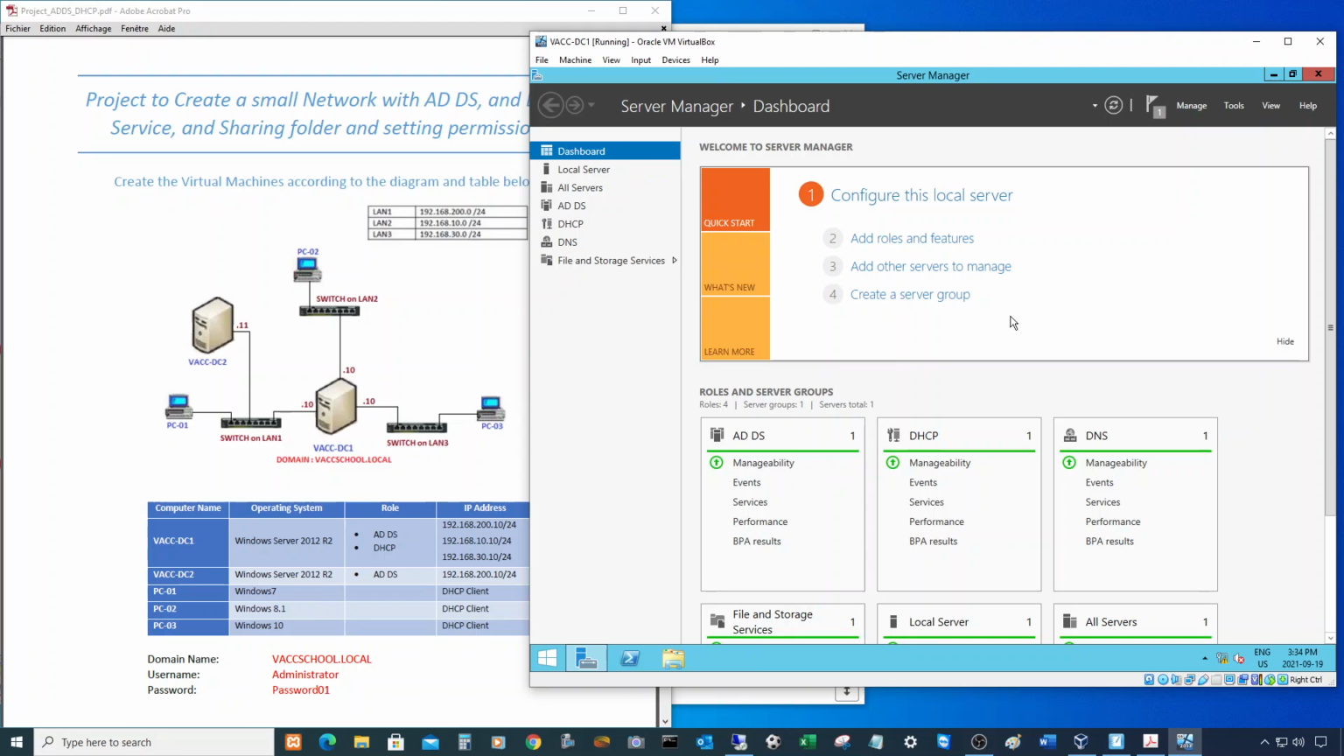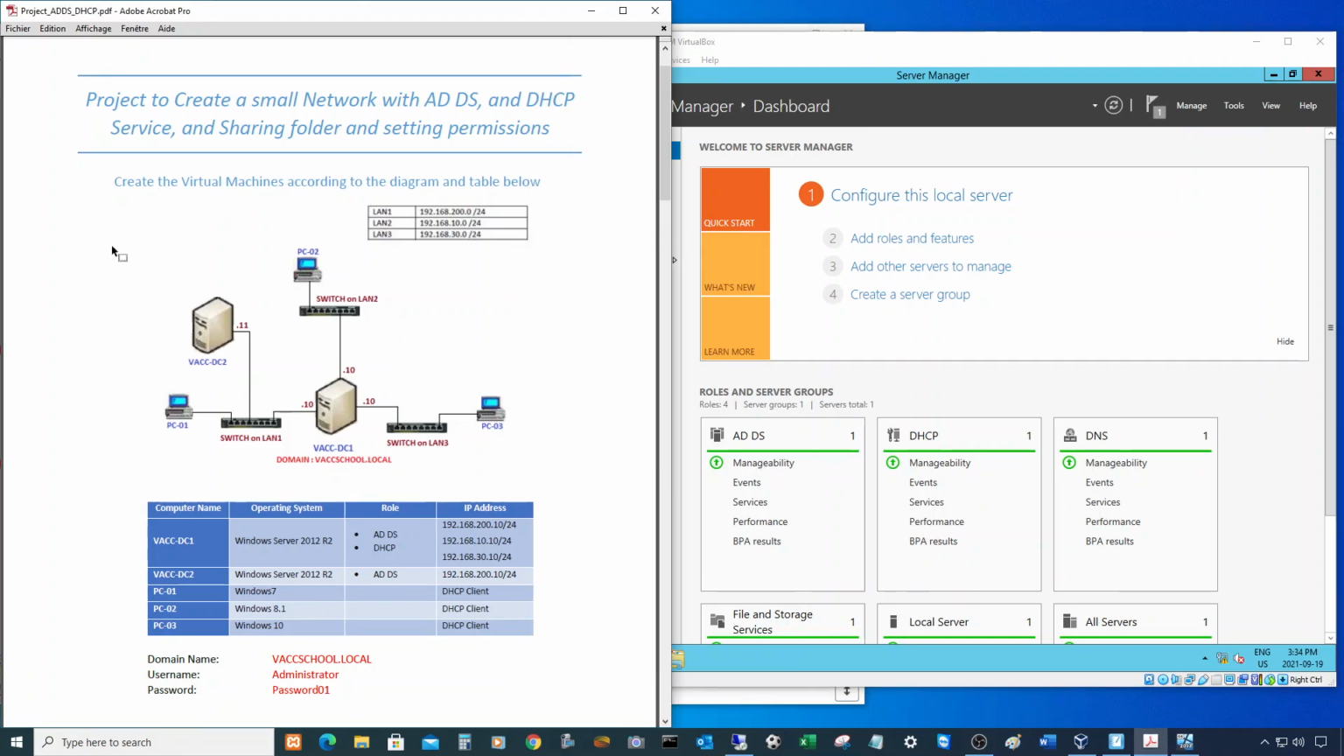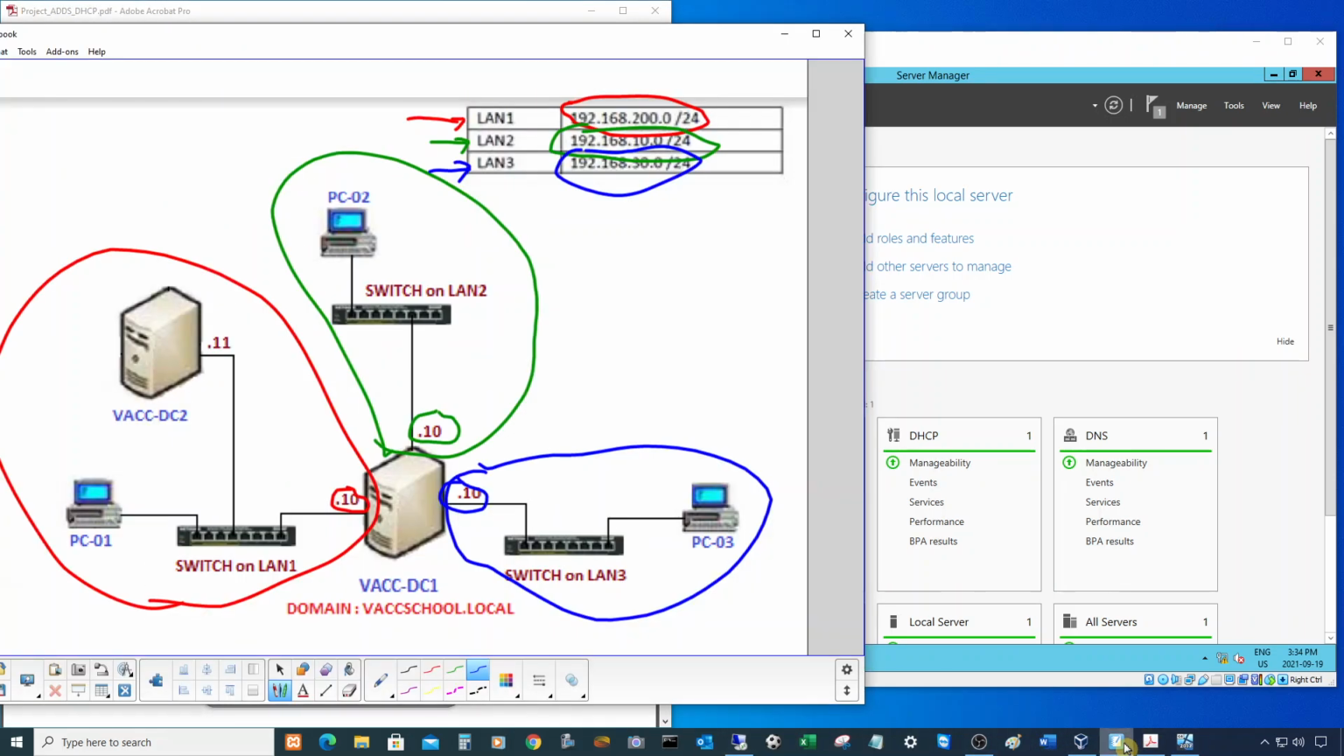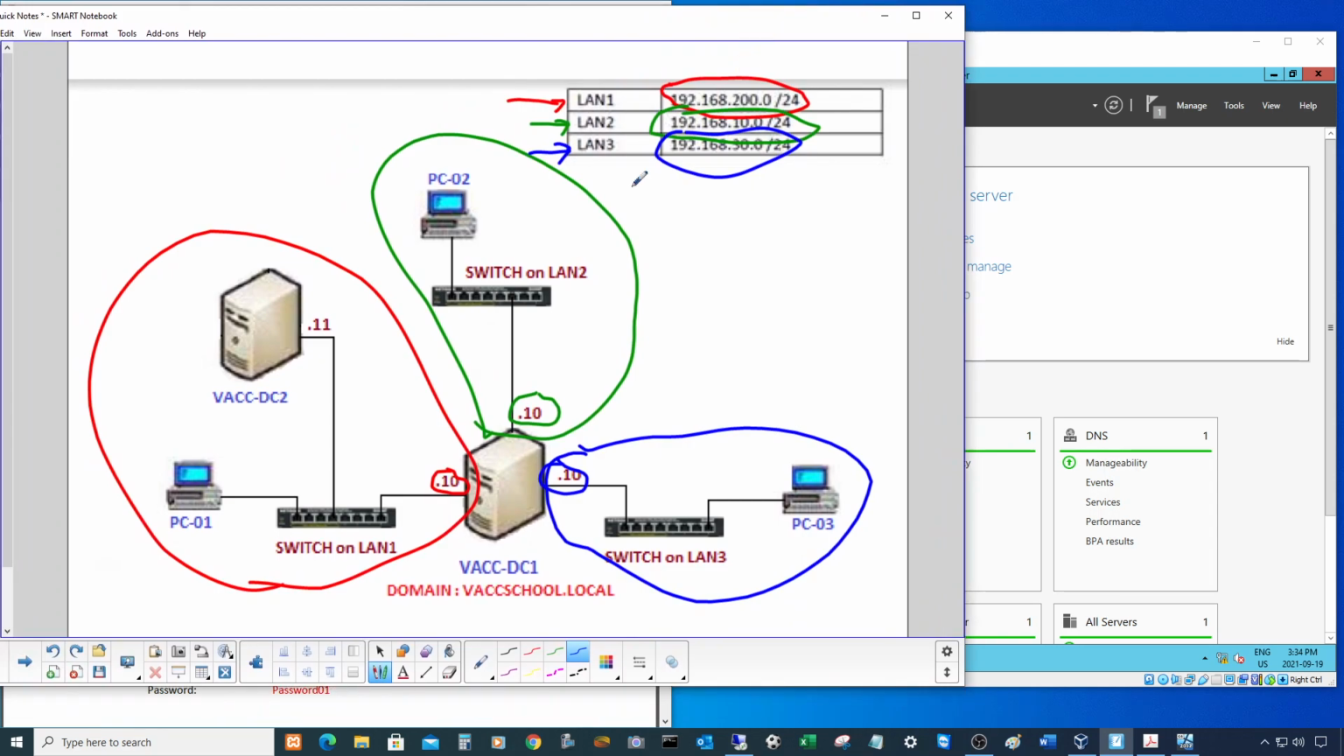Second step is to create scopes. If I look here at my diagram, as I mentioned earlier, I have 3 different networks. The first network, which is LAN 1, we need that the DHCP server gives IP addresses to any device that will connect to this network in the range of the LAN 1 network, which is 192.168.200.0/24. Any device that's here, like the PC-01, when it plugs into the network, it gets automatically an IP address from the DHCP server, which is VAC-DC1. So the IP address that will be given to this computer should be in the range of LAN 1, which is